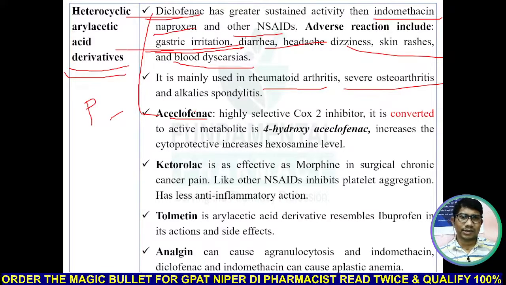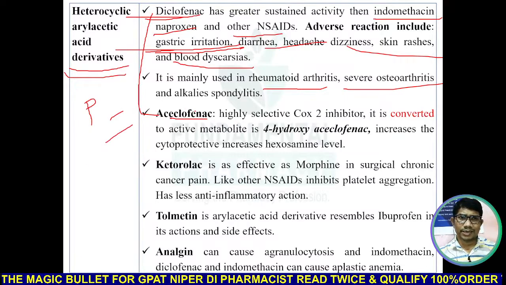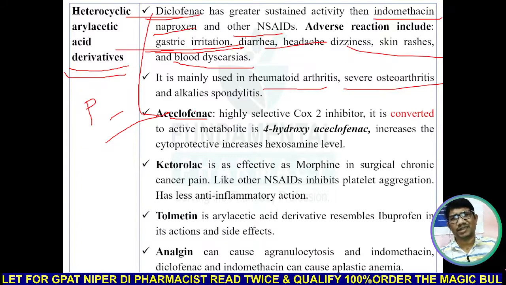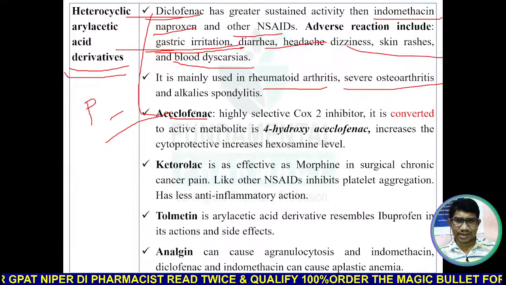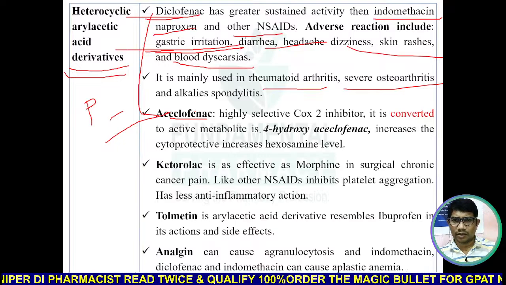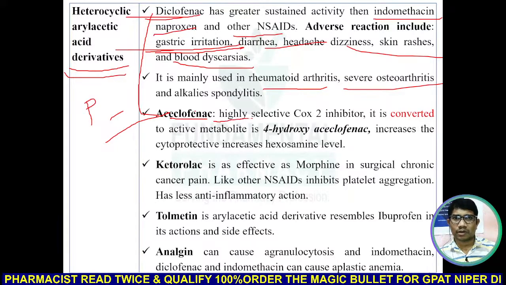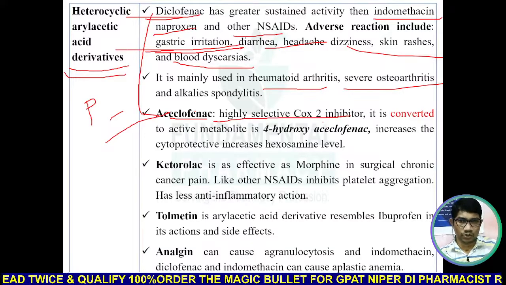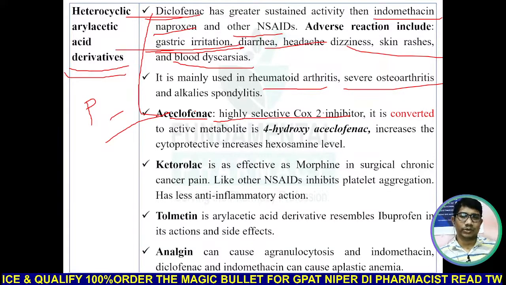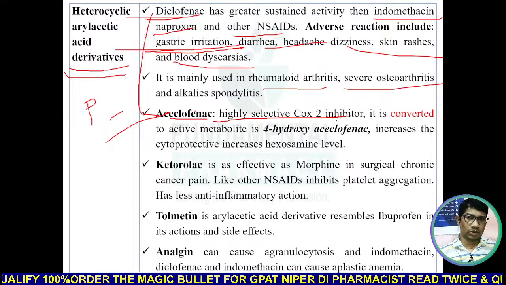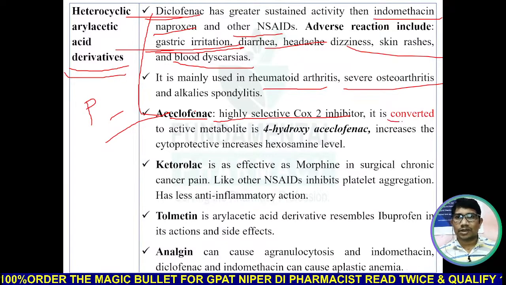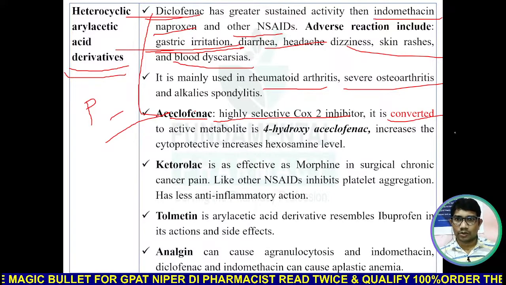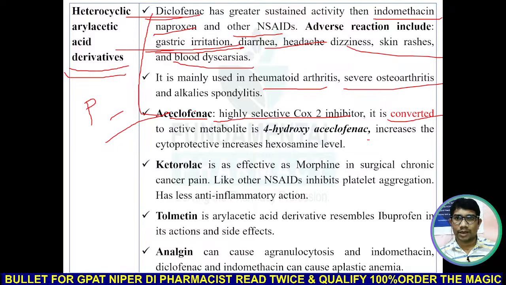Now it has certain advantages. जैसे diclofenac is a gastric irritant. Diclofenac will increase the ulceration. Diclofenac will irritate your GIT, will increase the acid. So aceclofenac is a highly selective COX-2 inhibitor, and amongst the preferential COX-2 inhibitors, aceclofenac is highly selective COX-2. It has a high selectivity towards COX-2 as compared to COX-1, and this aceclofenac is converted into an active metabolite known as 4-hydroxy aceclofenac. इसका एक्टिव मेटाबोलाइट होता है 4-हाइड्रोक्सी एसिक्लोफेनाक.